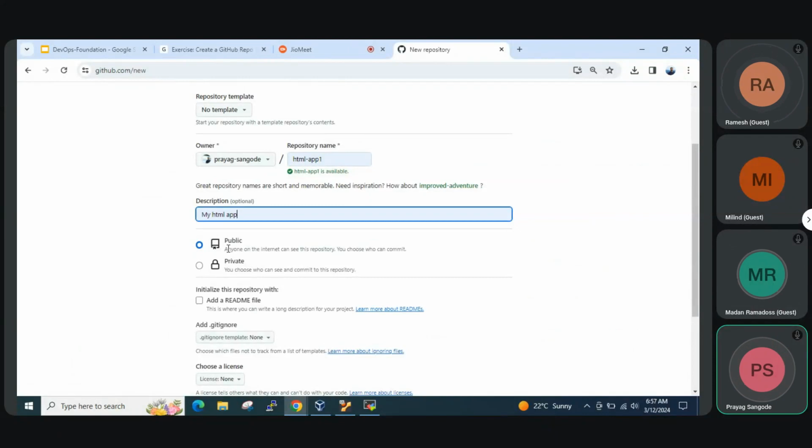Public means it is available to everyone, and private means they'll need access. Then only they can, they'll need some privileges. Then only they'll be able to access it. And we'll initialize this repository by adding a README file,